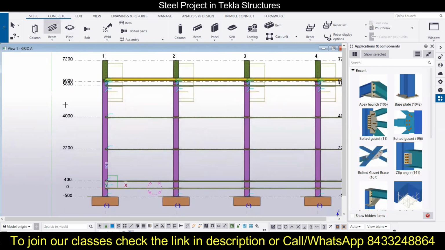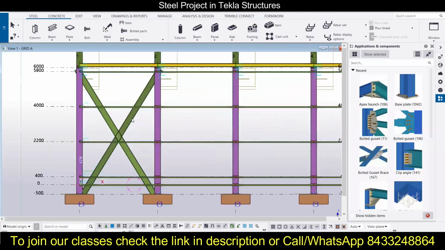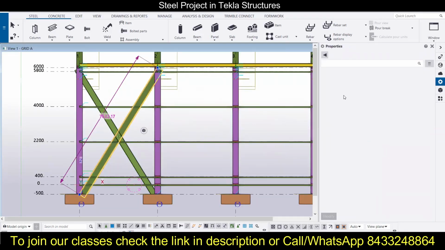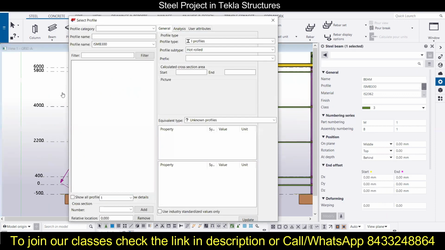So for that I'm just going to select the beams, and then I will choose the points where I am going to make the wall bracings. Okay, so I will choose from here to here, and then I will go from here to here. Now if needed, I can also do the modification in these two beams. So for that, I just have to double click on it, and you can see that the beam section will open up where I can go ahead and select the desired beam for me.